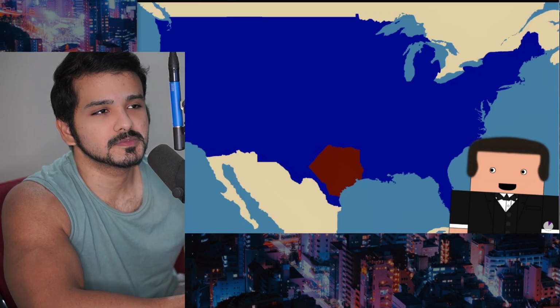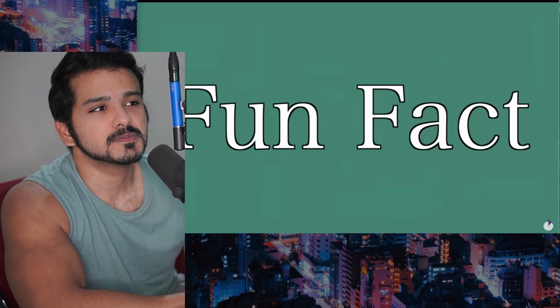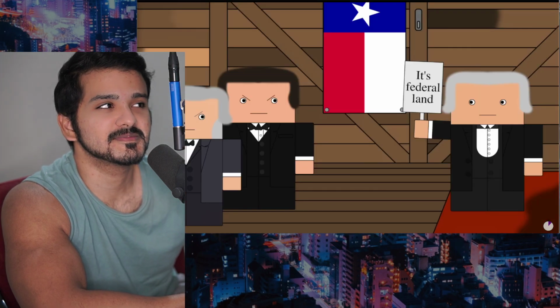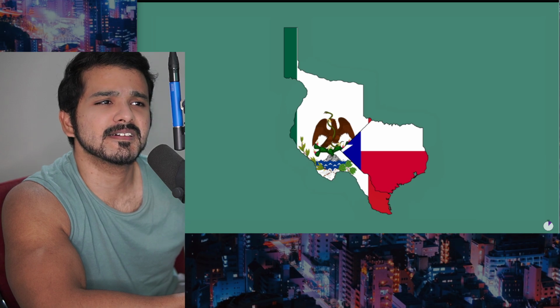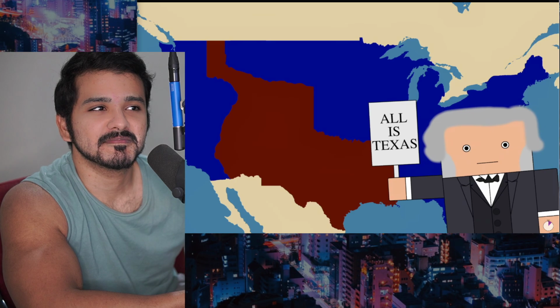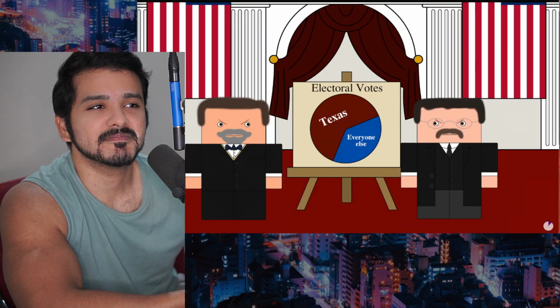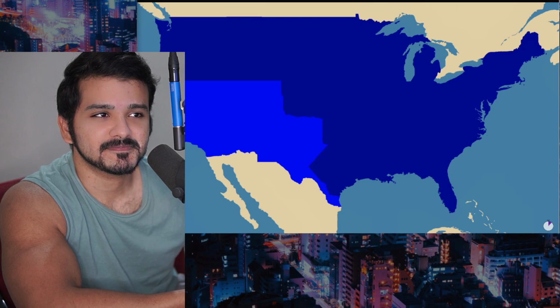It would be fair to assume that Texas would be given its claimed lands, but fun fact, no. Instead, the federal government argued that the Texan claim wasn't that strong, and that even though the land definitely wasn't Mexican anymore, it also wasn't Texan. The concern was that this new state was far too large and thus would wield too much power in the future.